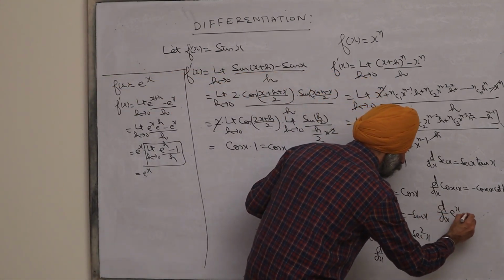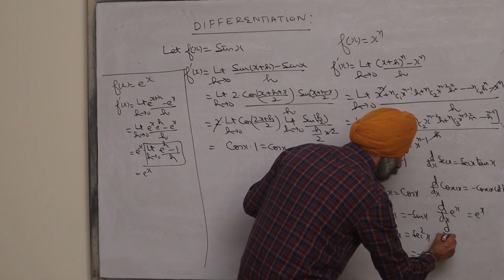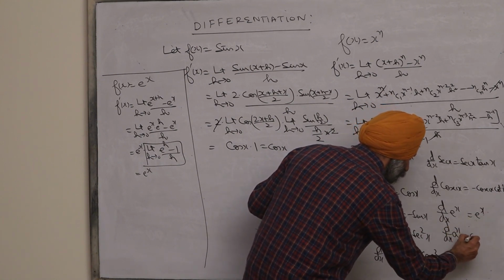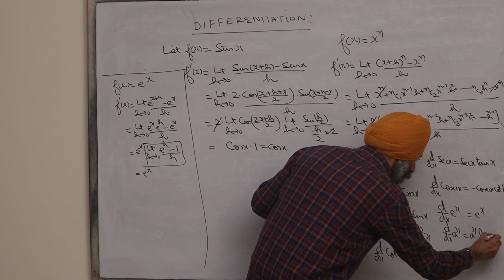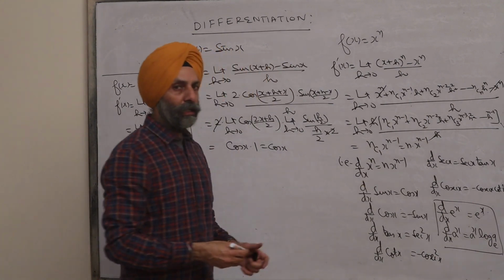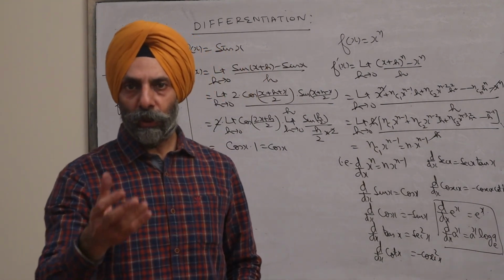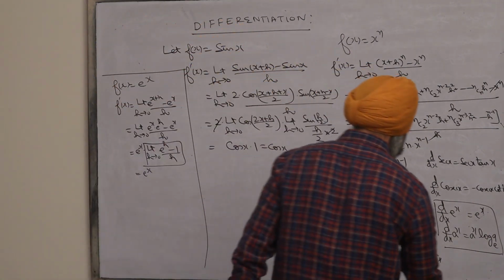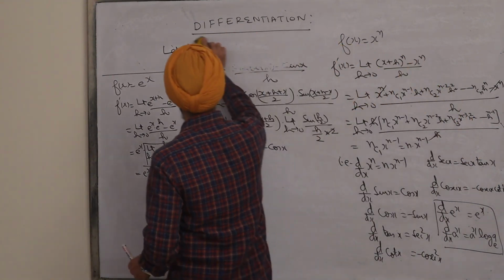d/dx of e^x is e^x, and d/dx of a^x is a^x times log of a to the base e. So all these formulas can be derived using the first principle. Now next is